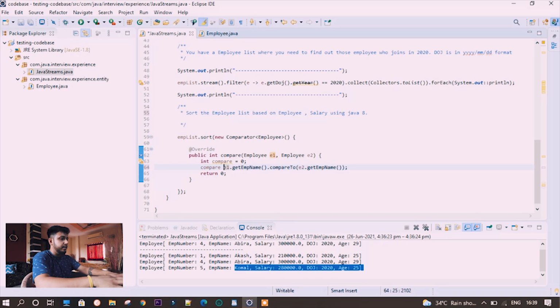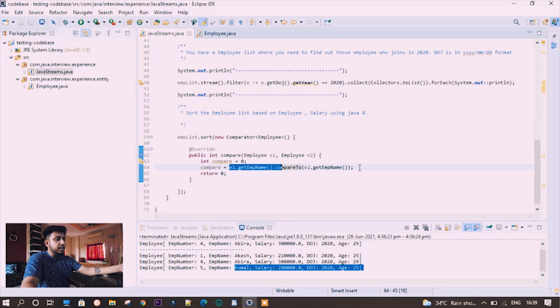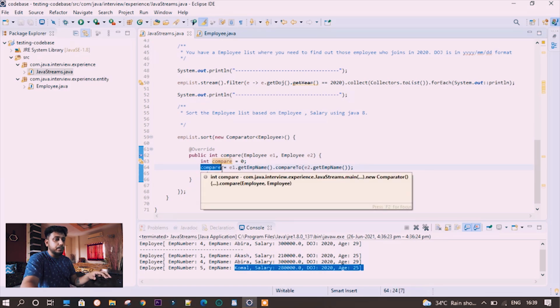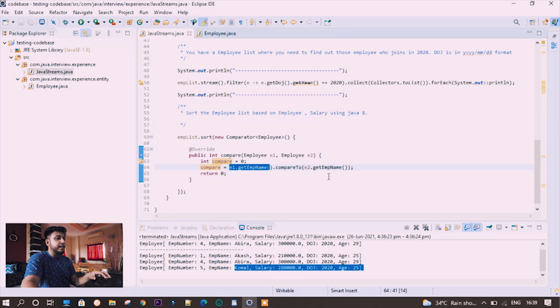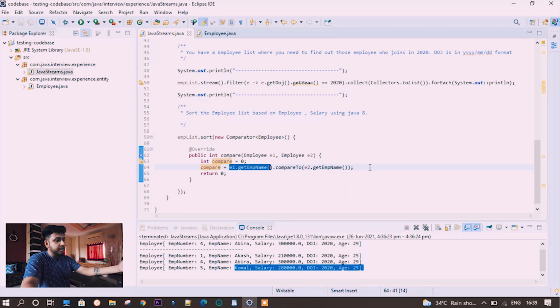We are saving that in compare. What compareTo actually does is, if the first employee name and the second employee name are similar, then it will give 0. If the employee 1 name is greater than employee 2 name, then it will give you +1, otherwise it will give you -1. So what we are checking here is whether the name is equal.